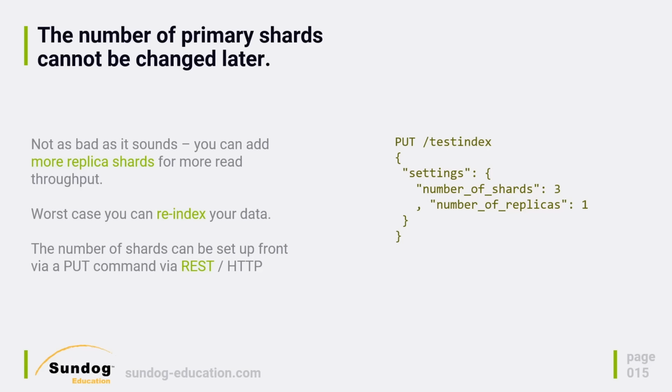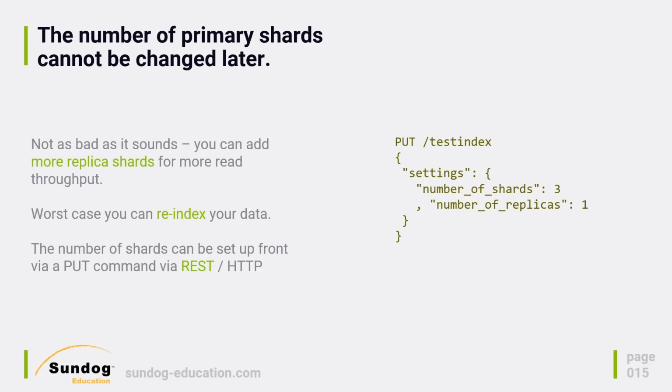By the way, just as a refresher, let's also talk about what actually goes on with this particular put request for defining the number of shards. So in this example, we're saying we want 3 primary shards and 1 replica. How many shards do we actually end up with here? Well, the answer is actually 6. So we're saying we want 3 primary shards and 1 replica of each of those primary shards. So you see how that adds up.